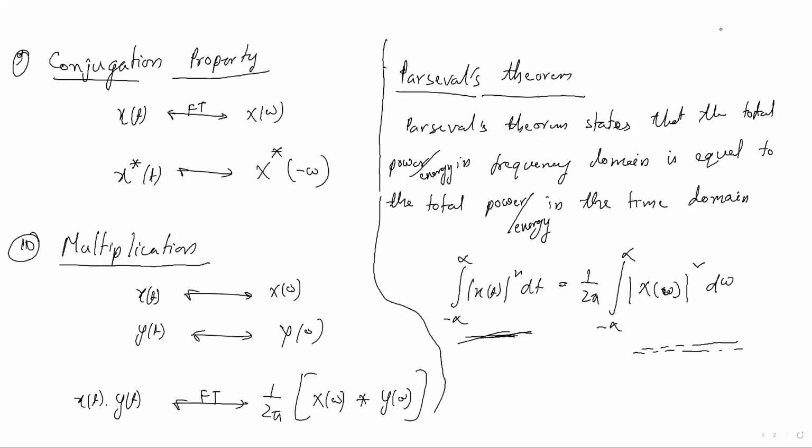Is it clear? Till now I have completed this unit, the Fourier transform topic. Do you have any doubt from this Fourier transform? I'll discuss sampling in the next class. I've solved some problems, and I have given the properties also, and how we can use these properties to solve problems. If you have any doubt, you can ask.